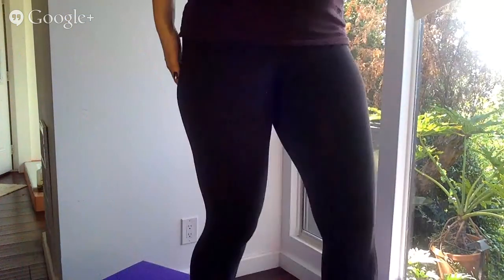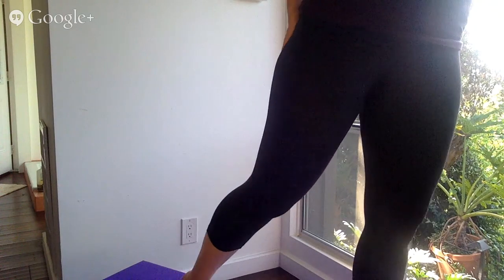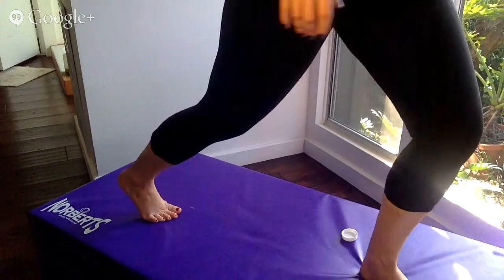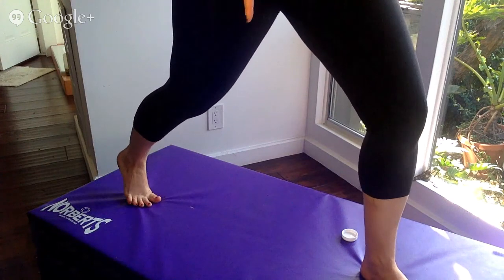I think Betty, you sent me some photos. Actually, a couple of you guys sent me photos, and it does look like there might be just a little bit of rotation in the leg. So when that back leg is going back, you want to make sure that the heel of the back leg, I'm going to push this down a little bit,